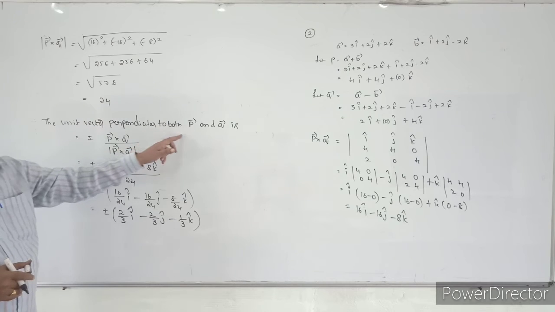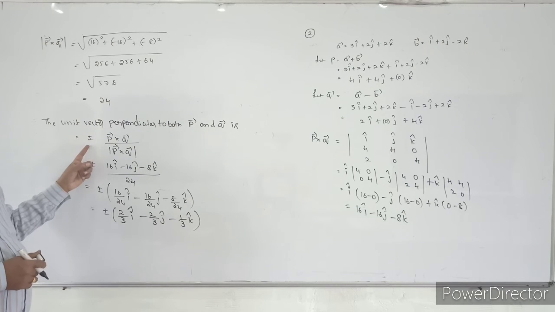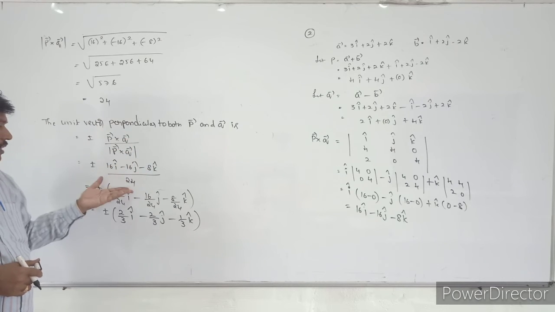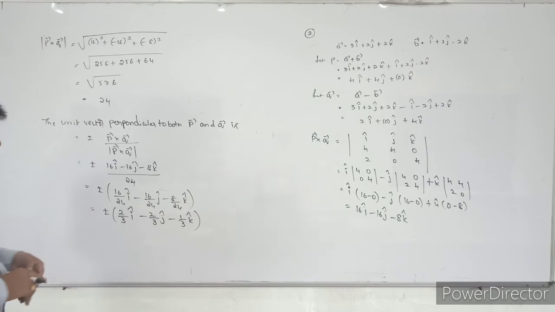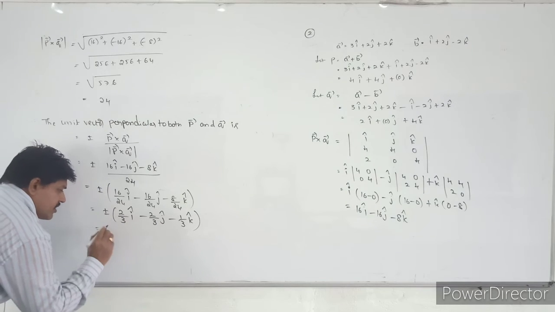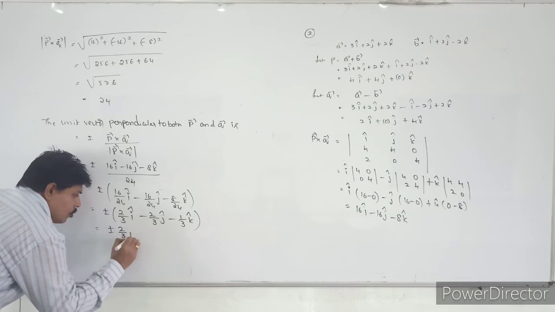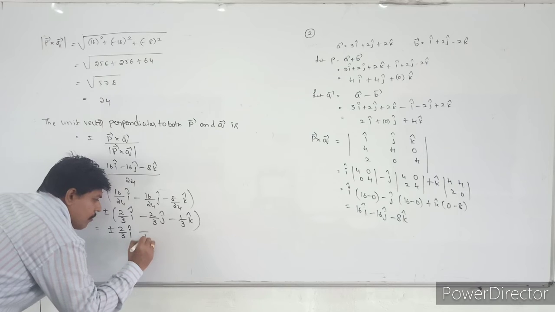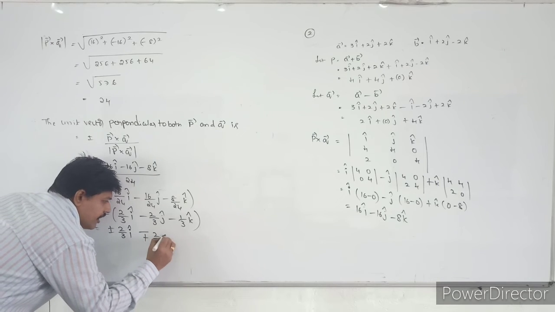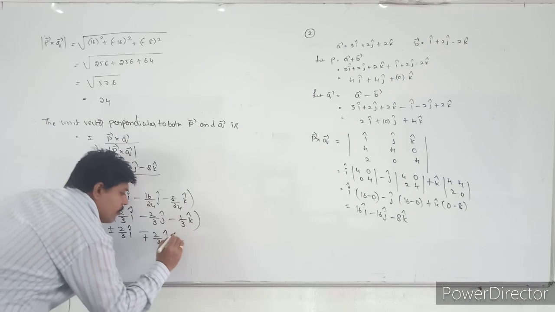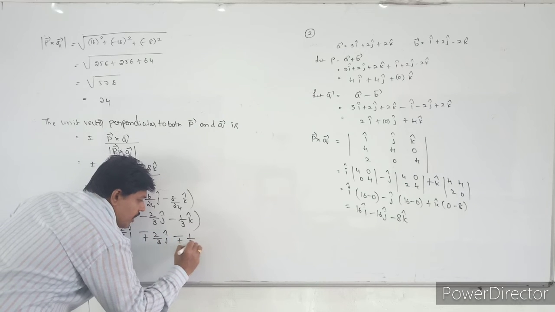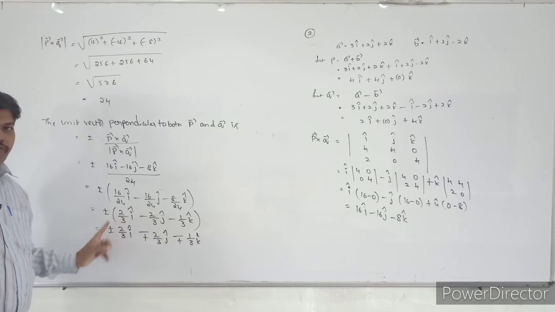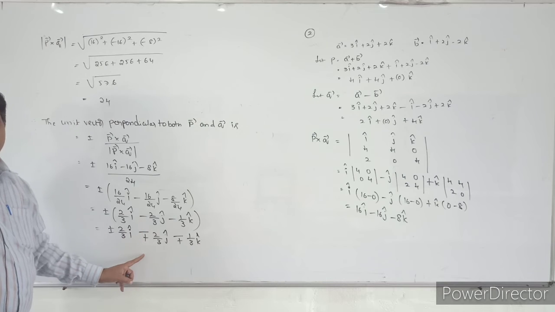Therefore, the unit vector perpendicular to both P bar and Q bar is plus or minus P bar cross Q bar by mod P bar cross Q bar. Just apply that and divide. You can apply the plus or minus also. What happens if you take the plus or minus inside? Plus or minus 2/3 i cap. If you take the plus inside, minus is already there, so this plus or minus will become minus or plus 2/3 j cap. If you apply the minus here, it will become minus or plus 1/3 k cap. You can take the minus inside, plus is already there, you get plus or minus. Minus is there, it will become minus or plus.